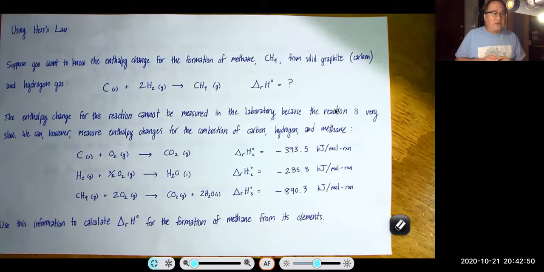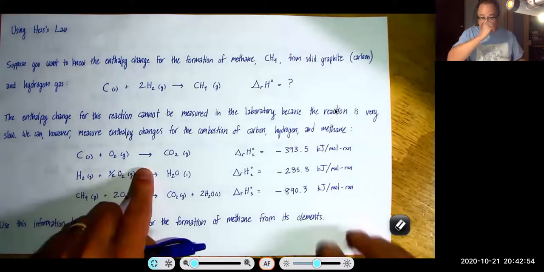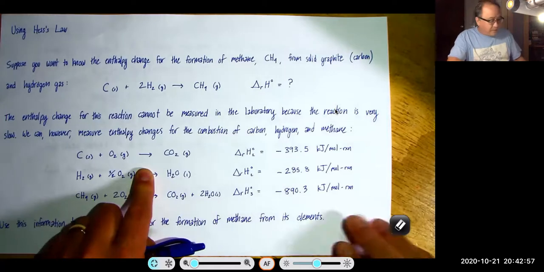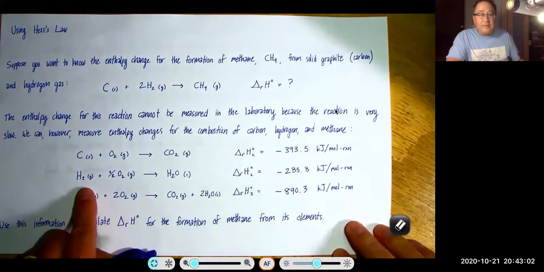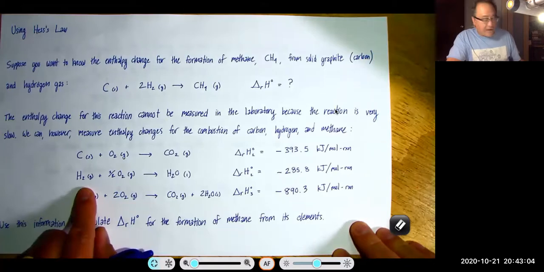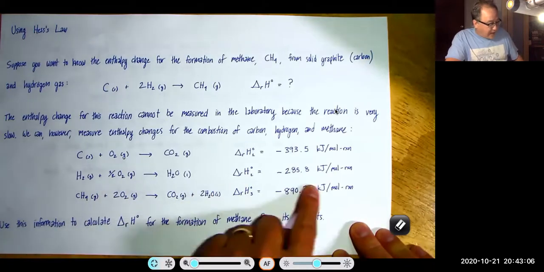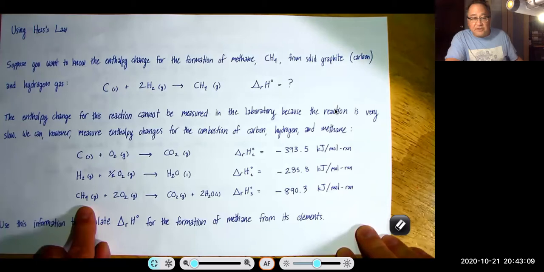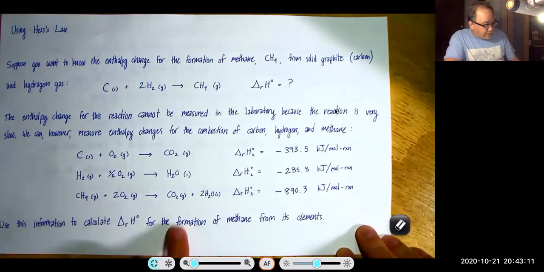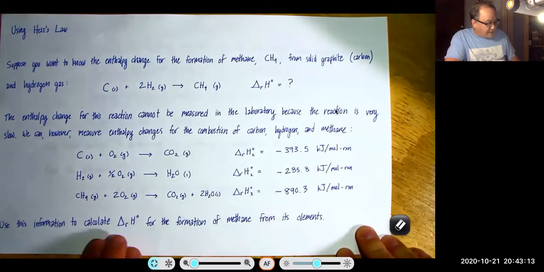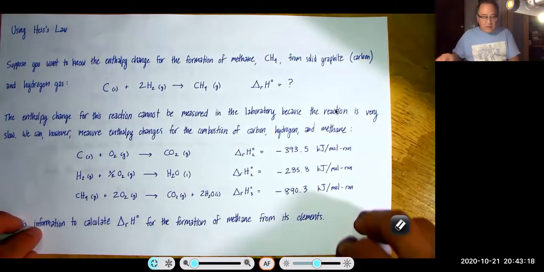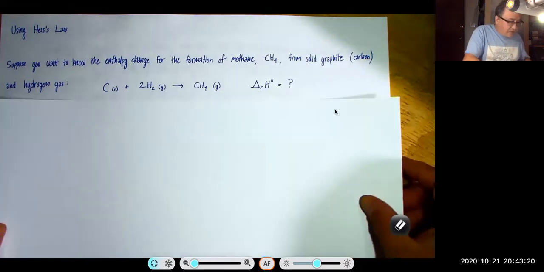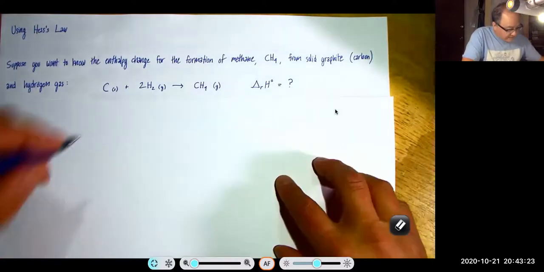very slow. We can, however, measure enthalpy changes for the combustion of carbon. That's really easy to combust carbon. And we can measure that enthalpy change, and here it is. And here we can measure the enthalpy change for the combustion of hydrogen. Here it is. And we can measure the enthalpy change for the combustion of methane. So the question is, how do we use these three reactions to find the enthalpy change for the formation of methane from its elements? So here, what I'm going to do is I'm going to copy what we want